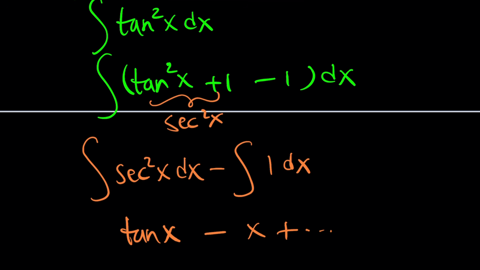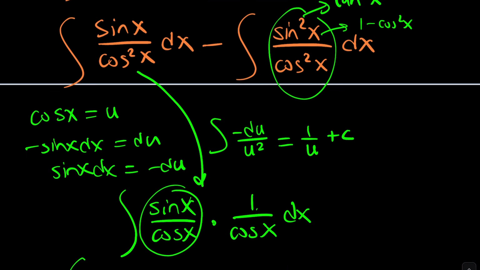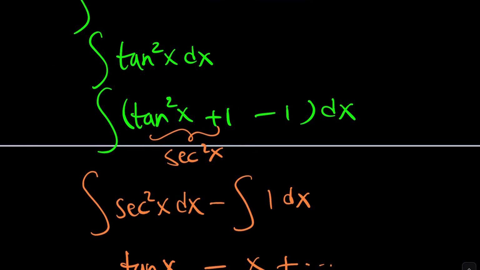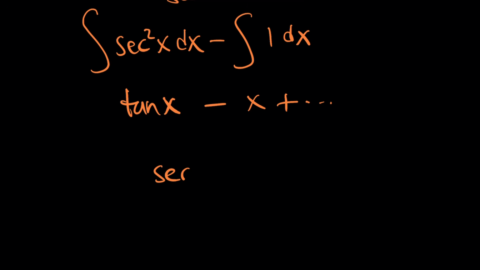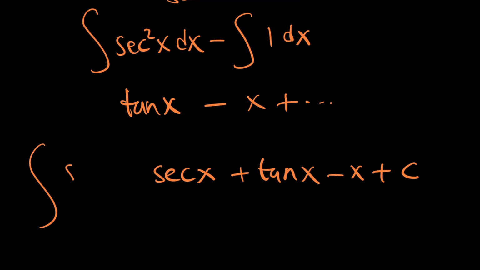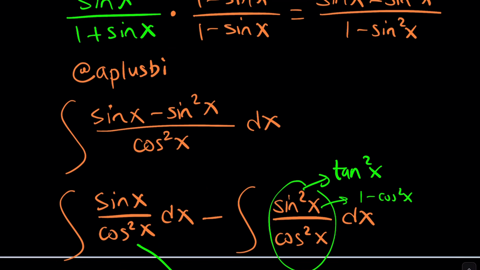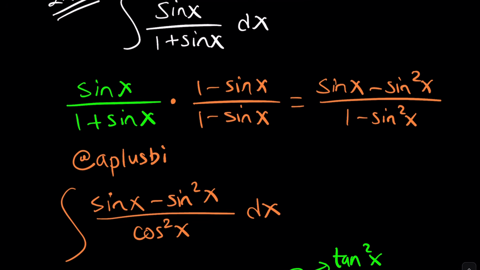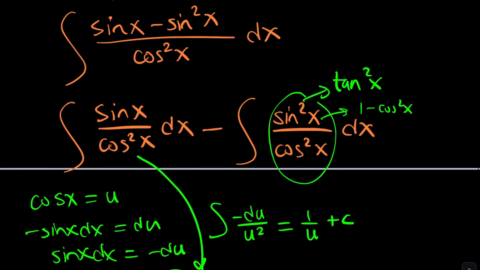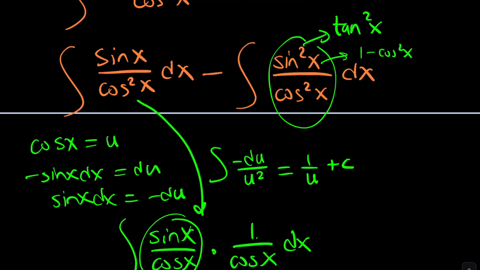Let's go ahead and put it all together, so that way we can get the total answer. What was the first part? We got secant x from there. So it's going to be secant x, and then we have tangent x, and then minus x plus a constant. Now, what was this? We were integrating what? We were integrating sine x over 1 plus sine x. Let's not forget dx, so that this is what we get basically. So by splitting it up into two pieces like this, by using a little quick trick of conjugates, you basically get two integrals that are very easy